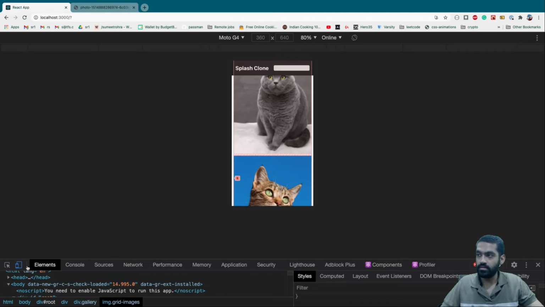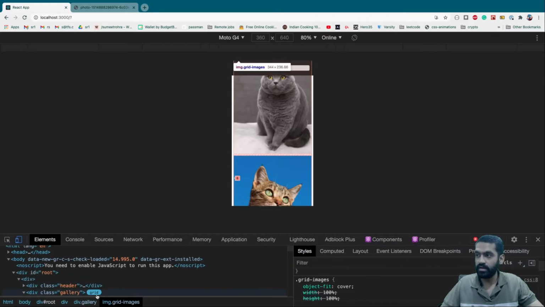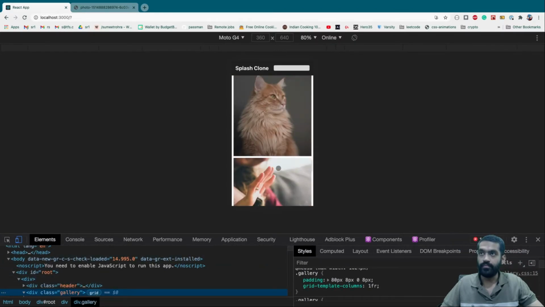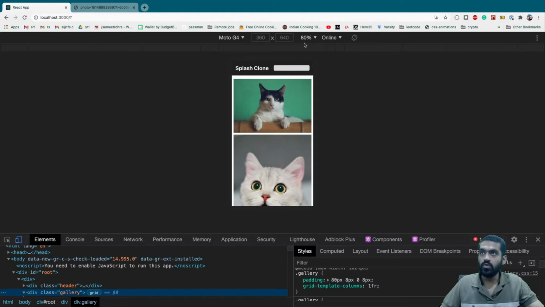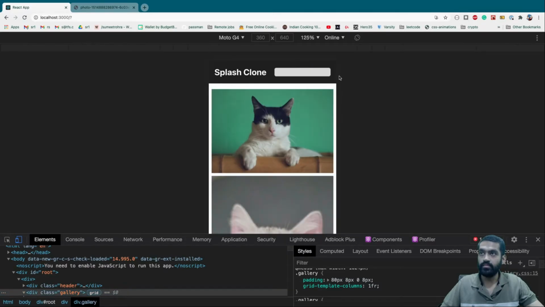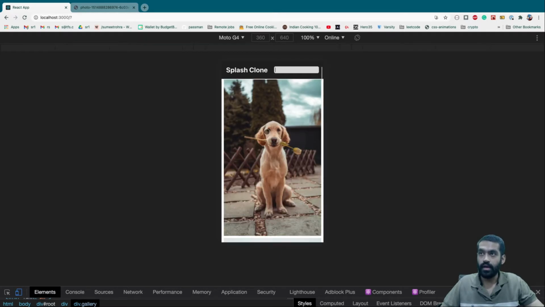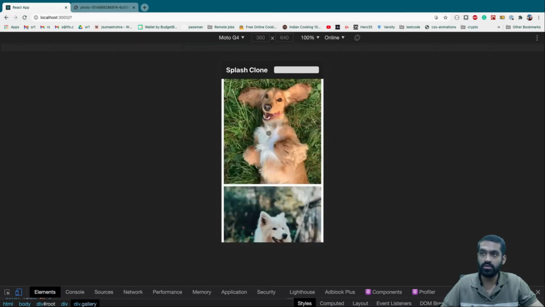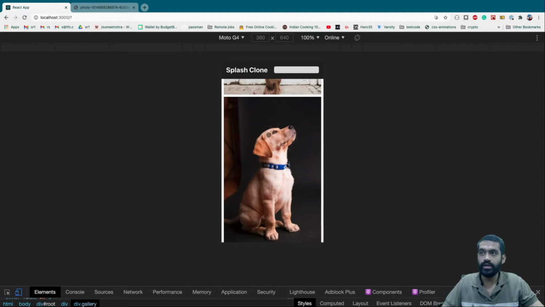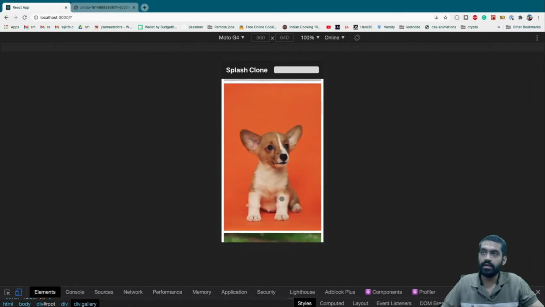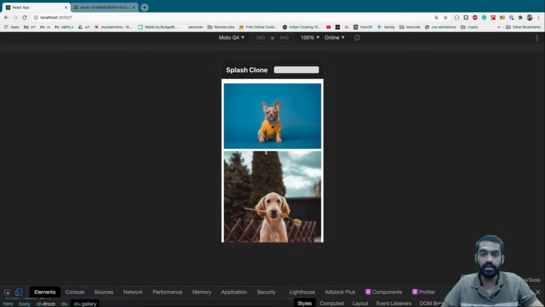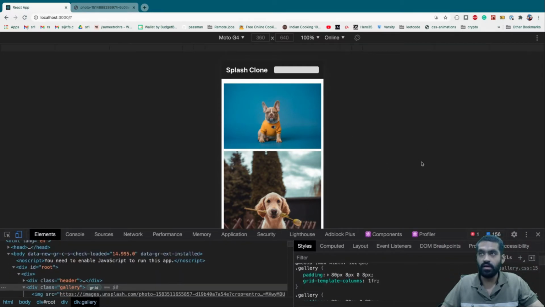Let's just switch off the grid here. Yeah, so let's go to 125%. No, not that much. Let's go to 100%. Let's search for dog. Yeah, those images are replaced by dogs. Cool, really cool. There are a few small things that I guess we can take care of. One is a loading state to show that it's loading.